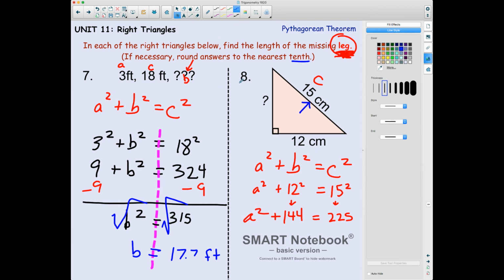And we got to do the algebra stuff again. We're going to do some algebra. Minus 144 on both sides. Minus 144 on both sides. Here we go. So that means a squared is equal to,